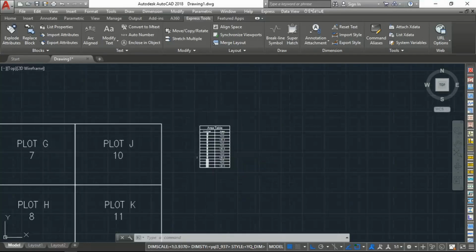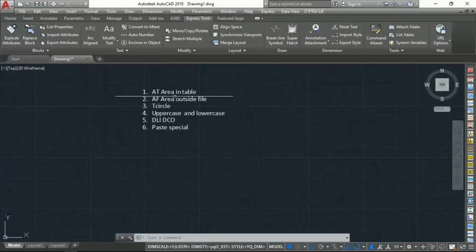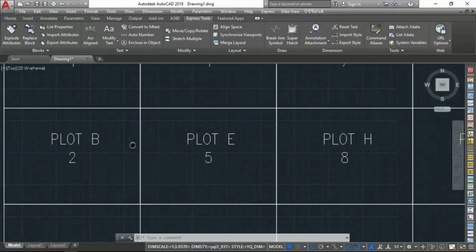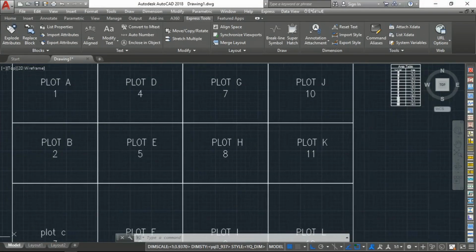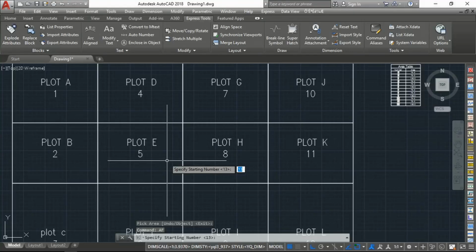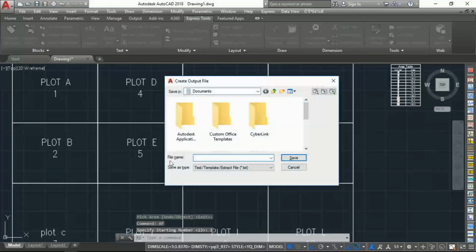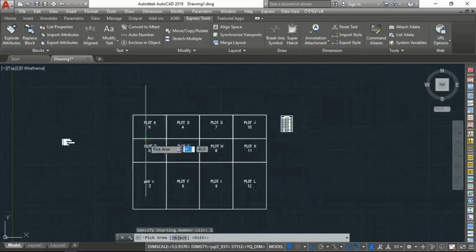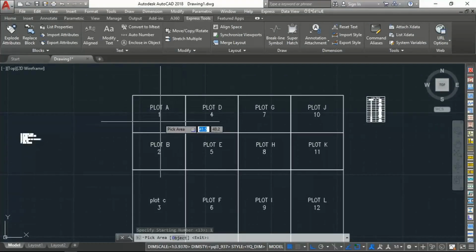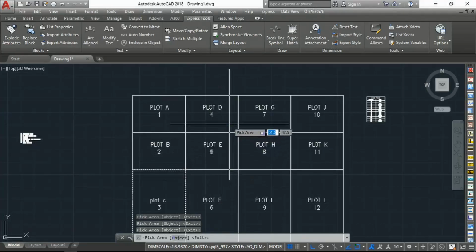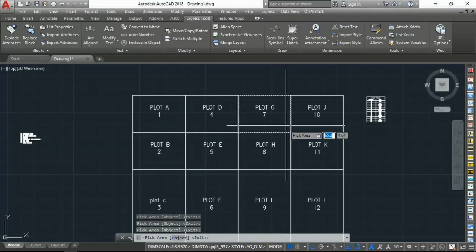Suppose I want to make the same table outside the file. If I need a separate file for area, I'll type AF, enter. Again from where we start, I'll start with 1, and now you need to name the file. So I'll just write here area, and you also need to choose the folder, save. Then again I'll go with the same here, 1, 2, 3, 4, 5, 6, 7, 8, 9, 10, 11, 12,